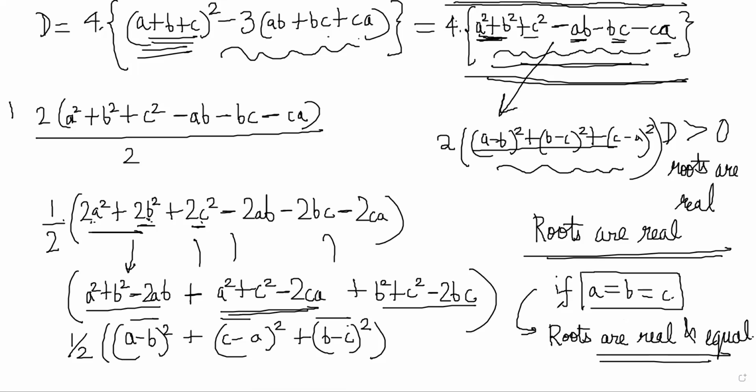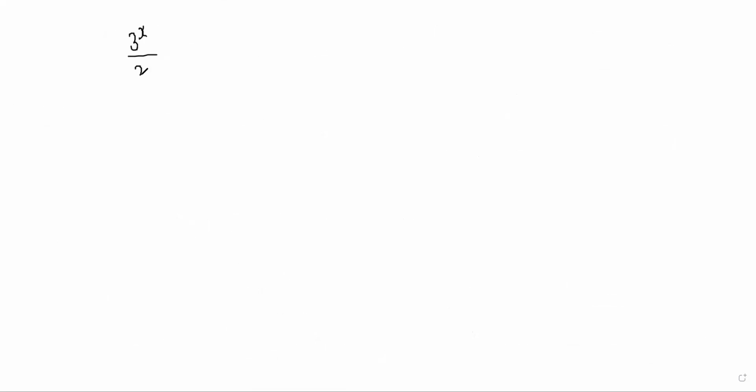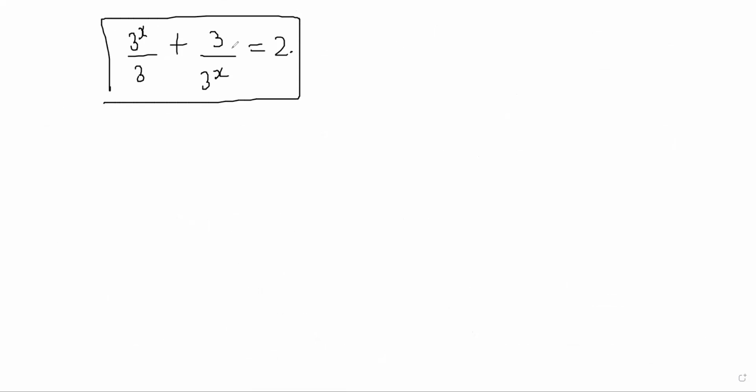Then 14th one we have already discussed, I think, in class. 14th one was just powers and all. Yeah, I think we have. 3 power x minus 1 can be written as 3 power x divided by 3. You will take 3 power x as your variable t. You will get a quadratic in t, right? Basically, you are doing 3 power x by 3 plus 3 by 3 power x is equal to 2, something like this. Then you substituted that.